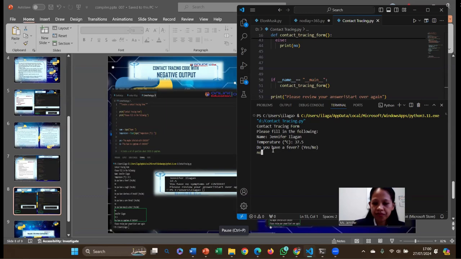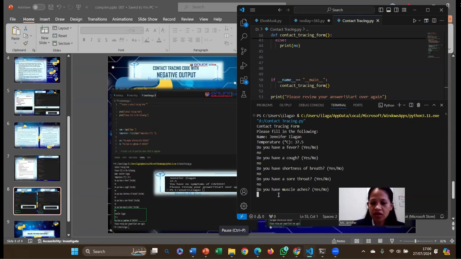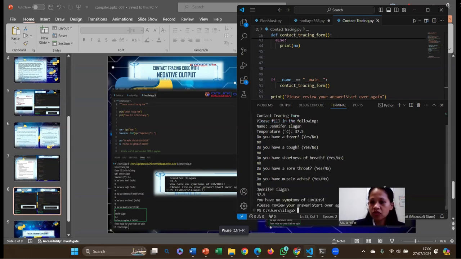Let's say no. Do you have a cough? No again. Do you have shortness of breath? No. Do you have a sore throat? No. Do you have muscle ache? No.